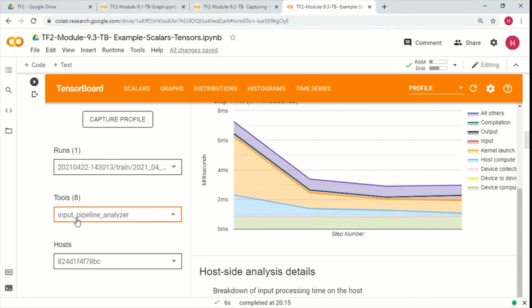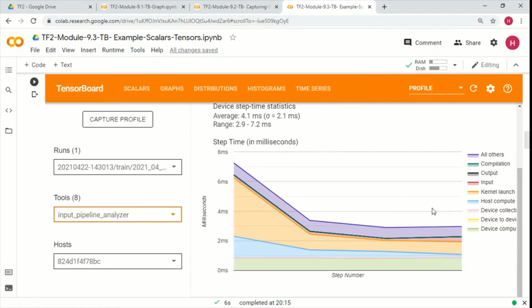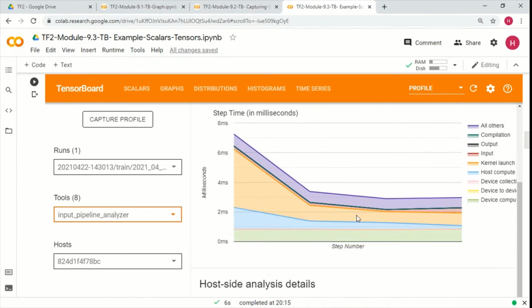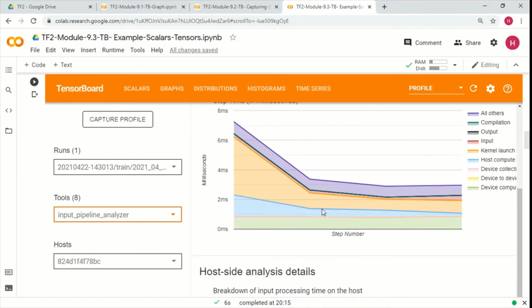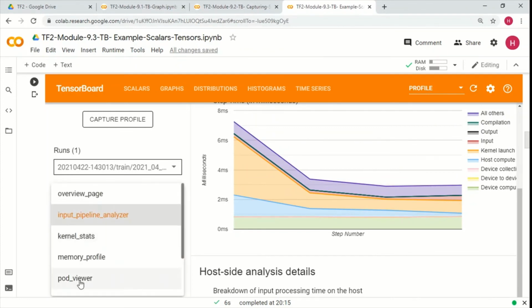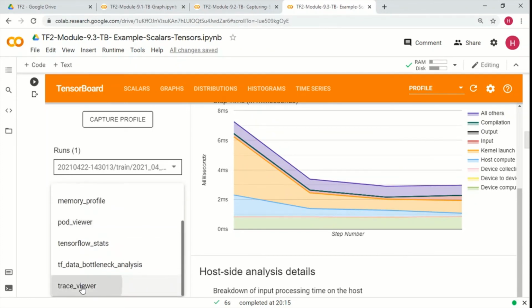So what we are seeing here is actually the input pipeline analyzer. So we can see how the time was utilized, and here you can see the kernel launching probably is taking a lot of time, and the next one is all others like compilation and other stuff over here. Okay, so that is how the profiler looks, and let's also check out the trace viewer as well.